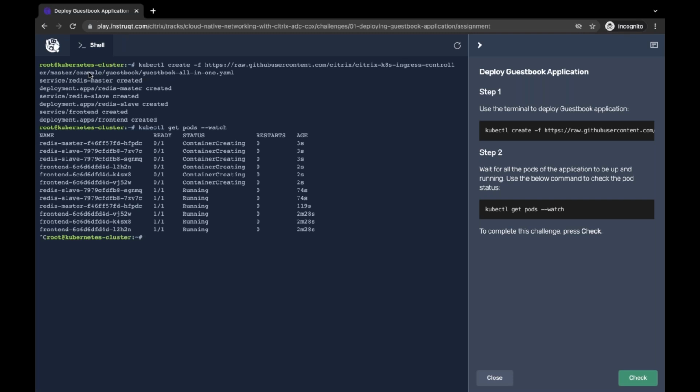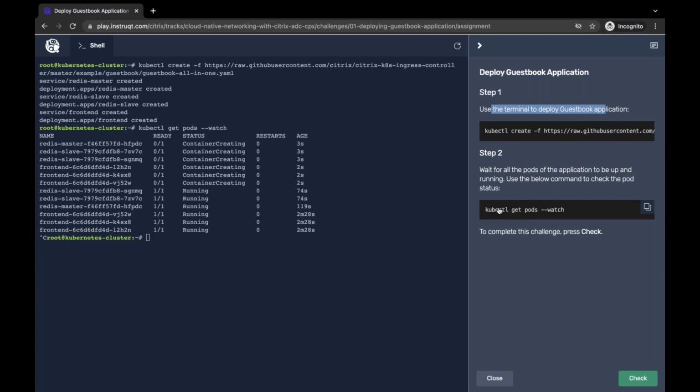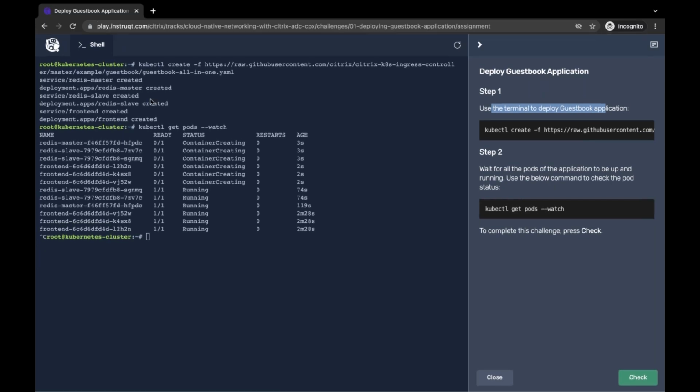It could be a VM based application also, but you can see on the right hand side there are simple steps on how you can create a simple application, and then you can see whether it has been deployed or not. So this step takes a couple of minutes,